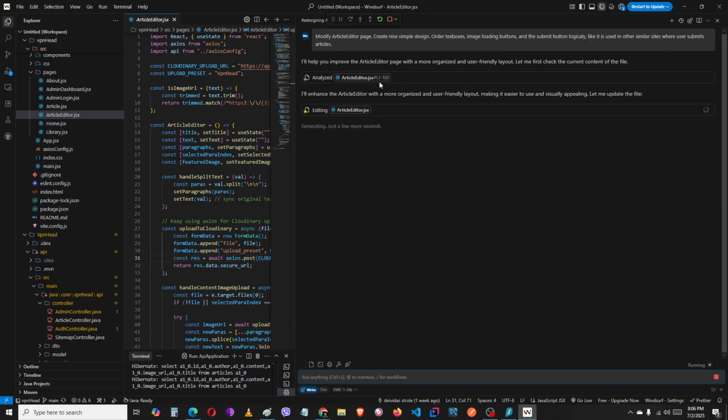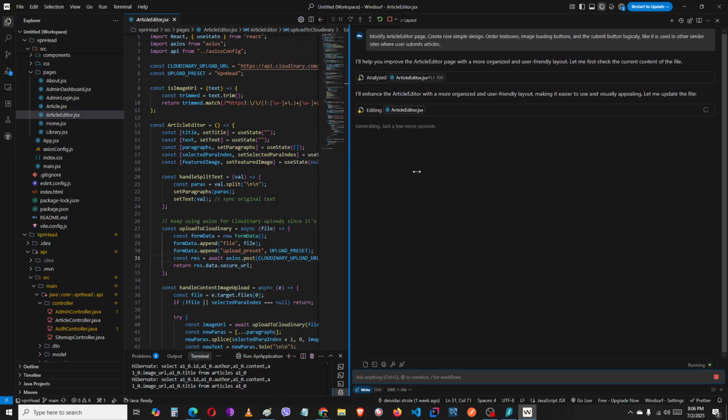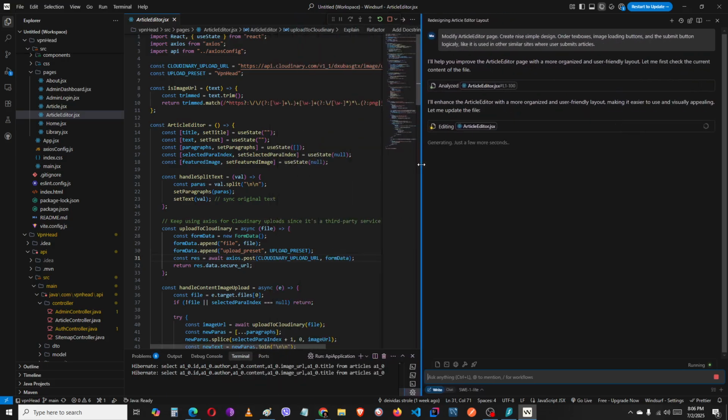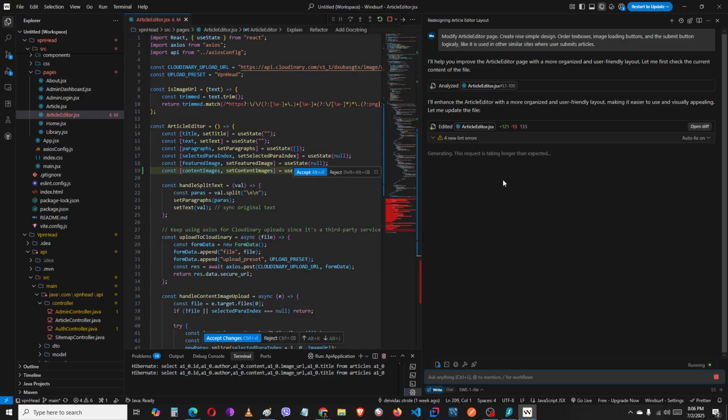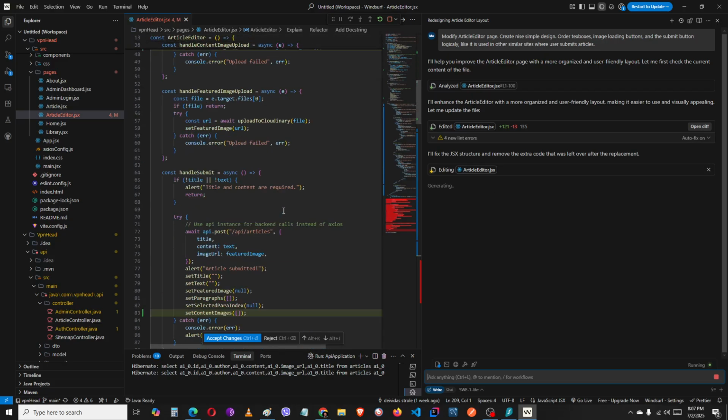Okay, so first of all it checks the code, and now it's editing it, changing the code. And to accomplish better results, you need to enter a more detailed description. The more description you give, the better it will perform. So as you can see, it just changes the code,